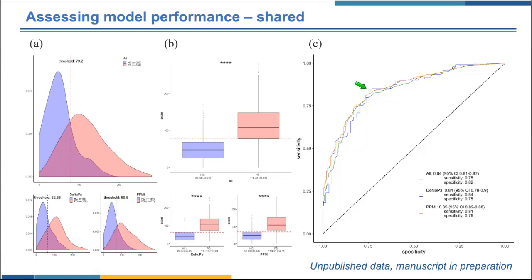But the fact that the model has similar performance across two cohorts and even combined tells us that this model is quite robust across different populations, and that it has captured some shared, important risk factors for developing Parkinson's disease. So this is for our results now. We are all preparing these results for publication in a paper. And if you have any questions, you can just ask in the sidebar.